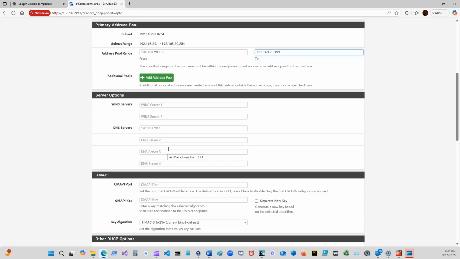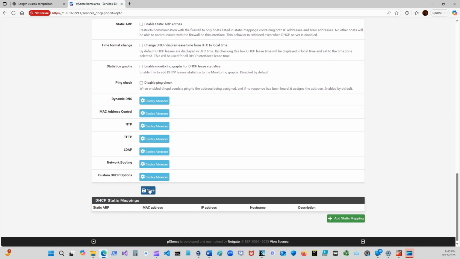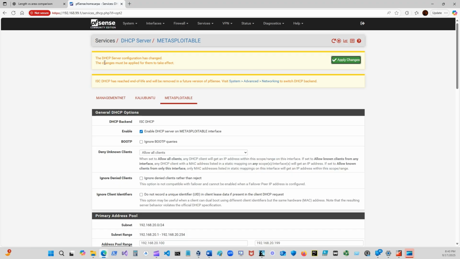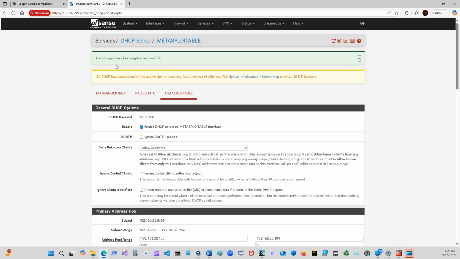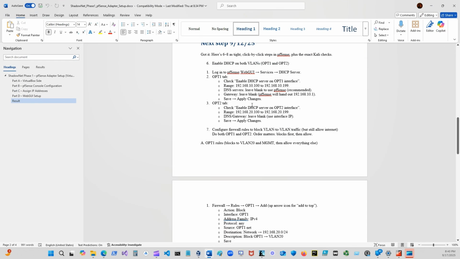And then it says the same thing. DNS gateway, leave blank. We're going to use the interface IP. And then we're going to save the changes. Well, let's save these. Save. The same prompt. Apply changes. Boom. Changes have been successfully made. All right. So now we're going to look at